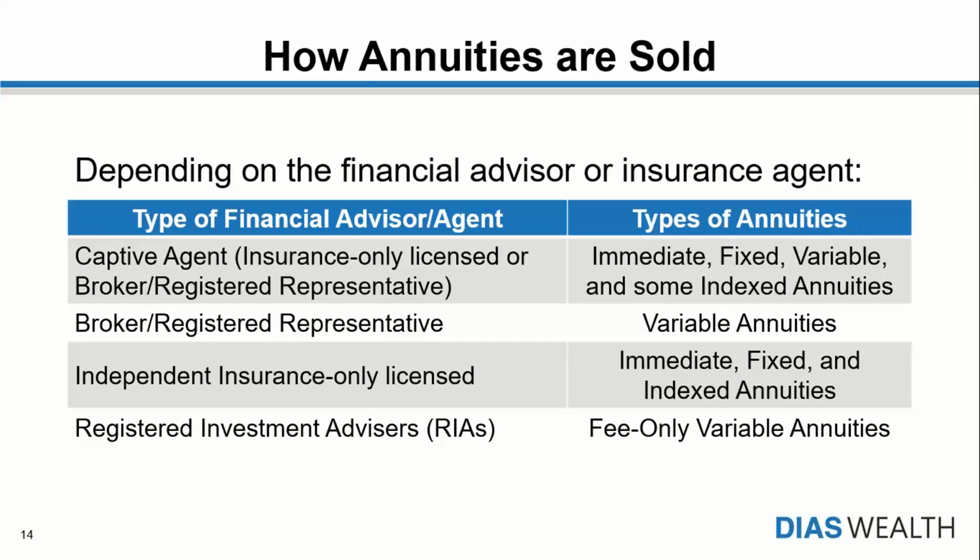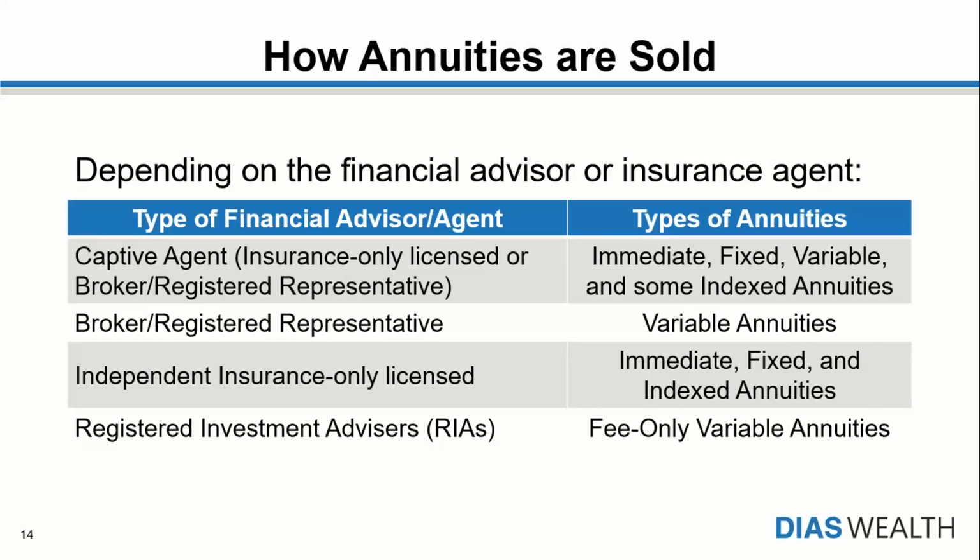And then you have your straight broker, registered representative. They typically will work for a brokerage firm. So these are like your Merrill Lynch, Morgan Stanley, Edward Jones, etc. I would also classify this as a bank financial advisor. It's essentially the same thing. Their typical go-to is variable annuities, although they do offer fixed annuities, and they also offer very few index annuities. So for instance, one bank that I recently did a review on for a client, the bank only had access to 2 different companies.